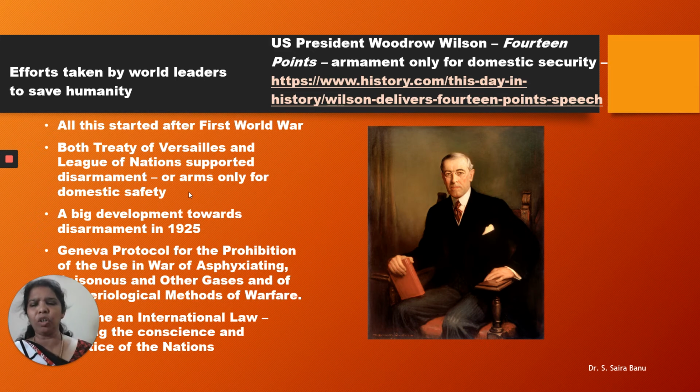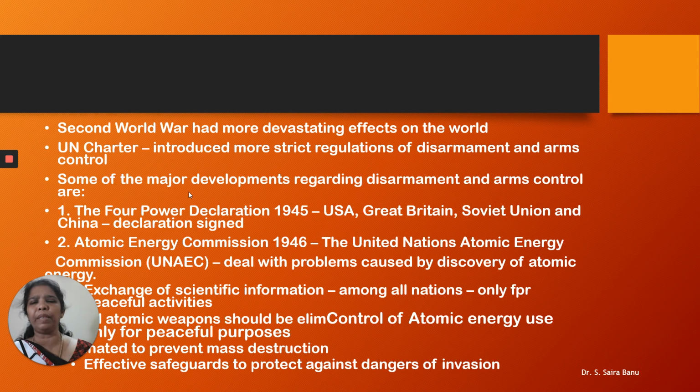So a lot of international laws were made, to bind all the nations in this cause towards international peace. And the Second World War also had again devastating effects. As a result of this, the UN Charter introduced more regulations on how to control this, on disarmament. Some of the major developments are in the prescribed book that you have,